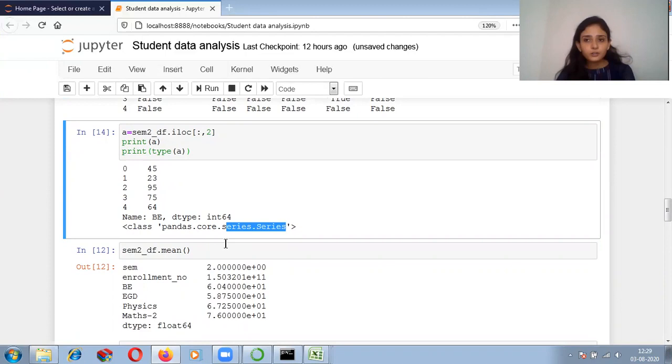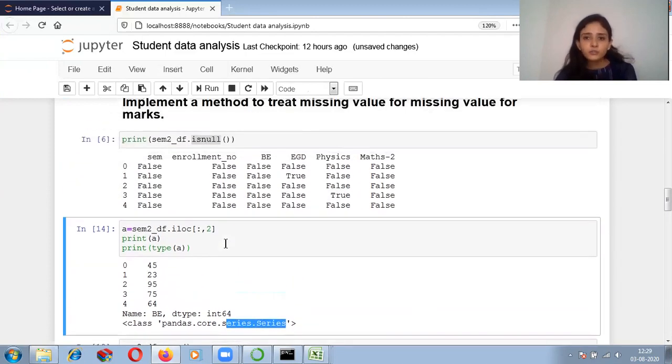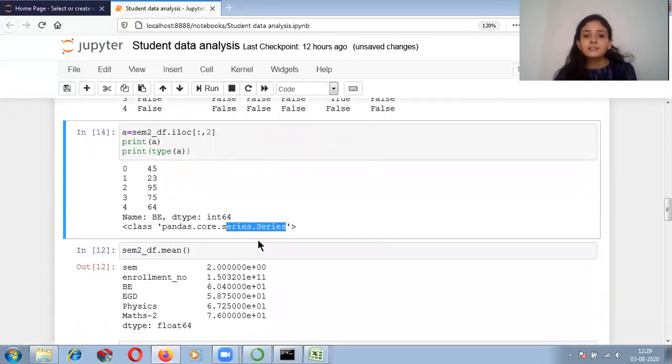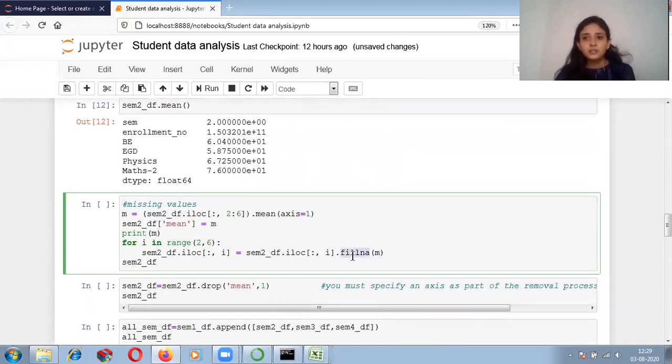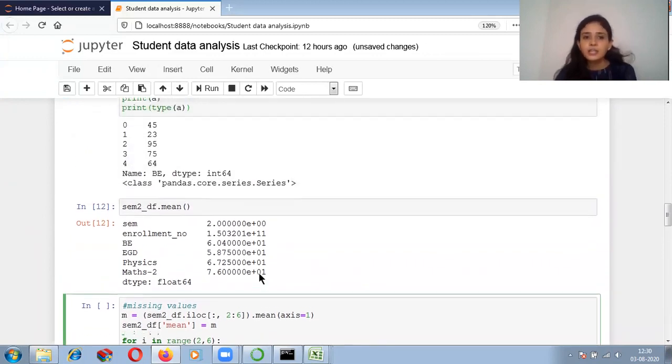So what you can conclude from this, that when you are performing the slicing on the data frame and when you are selecting only one particular column from the data frame, then that will be your one dimensional data, so they will call it as the Series. And one major function, that is your fillna function, is working on series data only. Your fillna function does not properly work for the data frame as the data type. So it works properly for the series as the data type. So compulsory over here we have to perform the slicing.